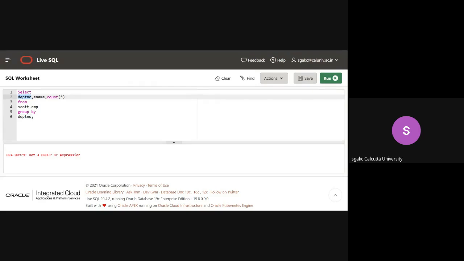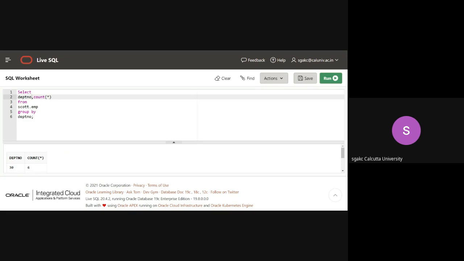But if I run the earlier query again, you will see that dept number 30 has 6 employees. So if I ask for ename, which ename will it return? Because it can return only one value and it has multiple values. That's why you have to use some kind of aggregate function whenever you are using such a thing.